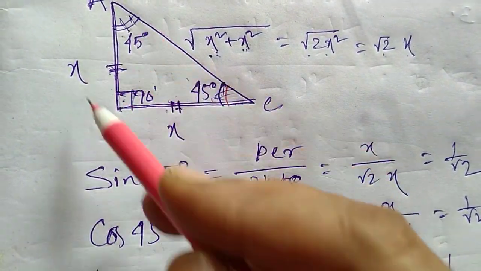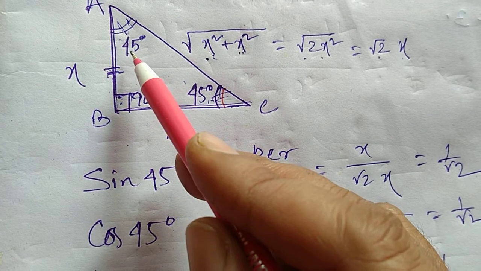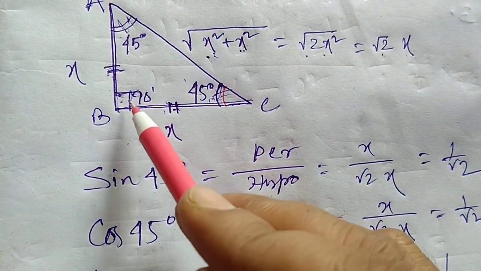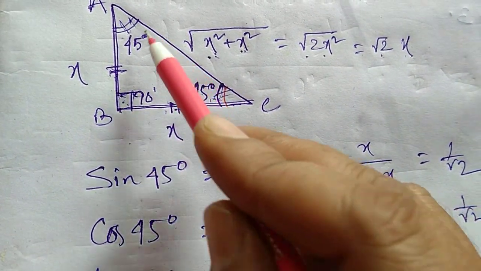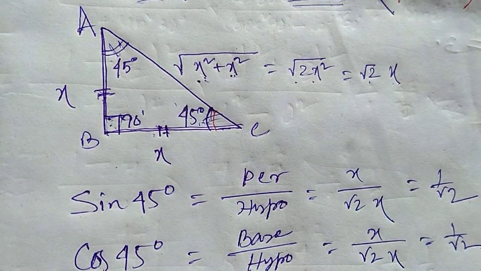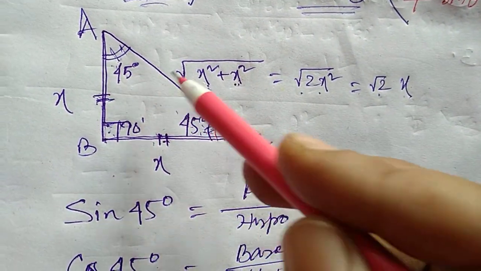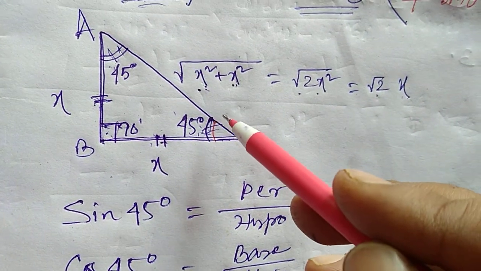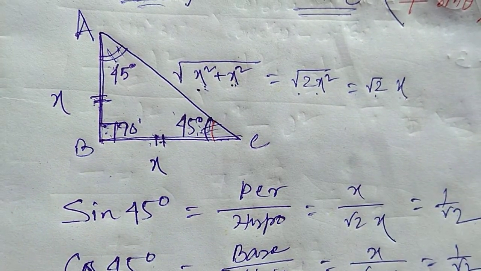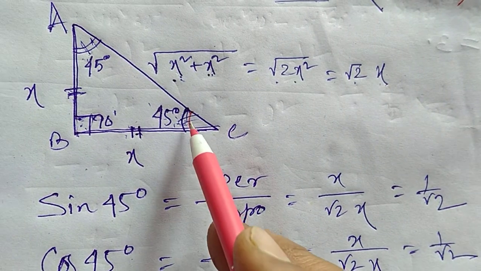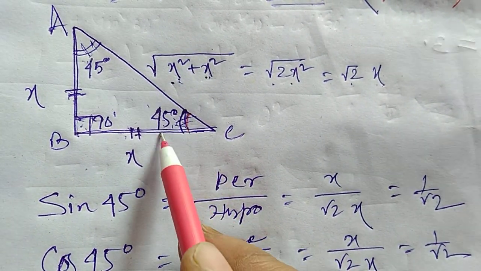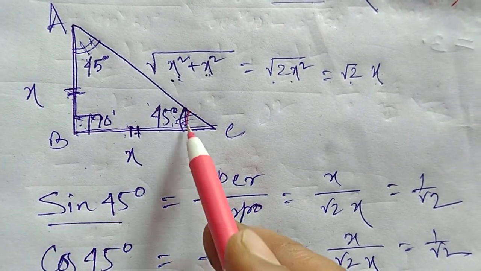Sum of three angles of a right angle triangle is 180 degree and this is 90 degree. So sum of remaining two angles, that is 180 minus 90, this equals to 90. If measure of these two angles are equal, therefore each angle will be 90 by 2, that is 45 degree. Then if we take this angle, then sine of 45, sine of this angle, everyone see that